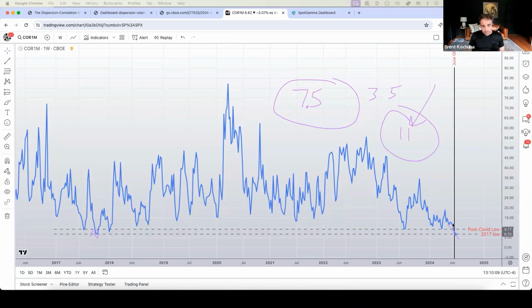And correlation is only being reinforced to the downside now. Can it get much lower? Probably not. But does that mean it has to unwind? No. I mean, look at what happened here in 2017, right? It can stay, not for a super long period of time, but we can maintain this. So for like another month, 2 months, it's possible.